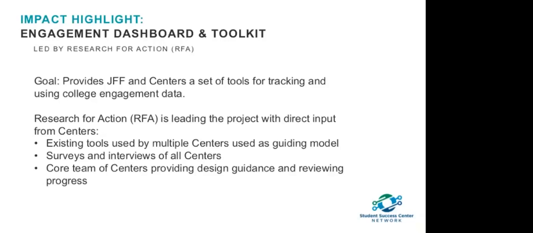RFA showed a group of states, North Carolina included, the initial mock-up of it, and they were super receptive to our feedback. I think most of our feedback centered around wanting the dashboard to be more customizable so that each state's context could be taken into account, and we could remove items that the center doesn't control, but more importantly, add things that are really unique to our state.